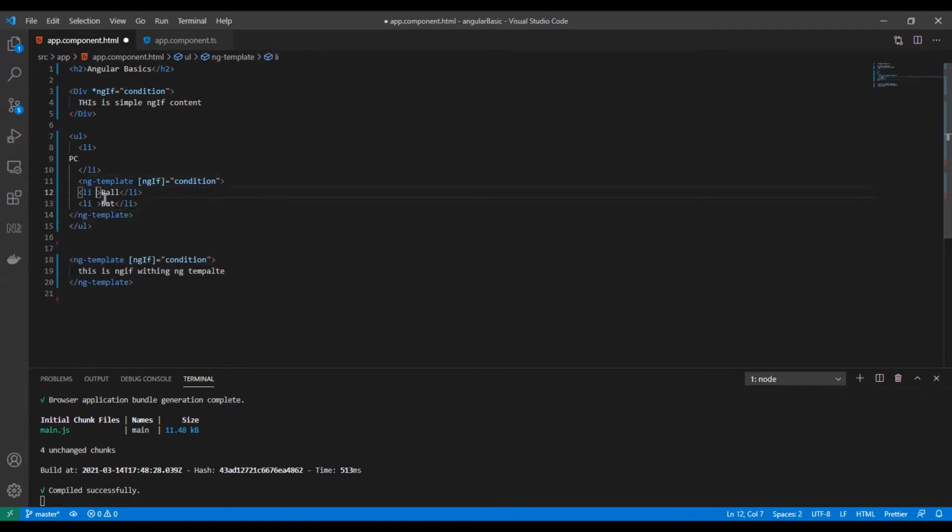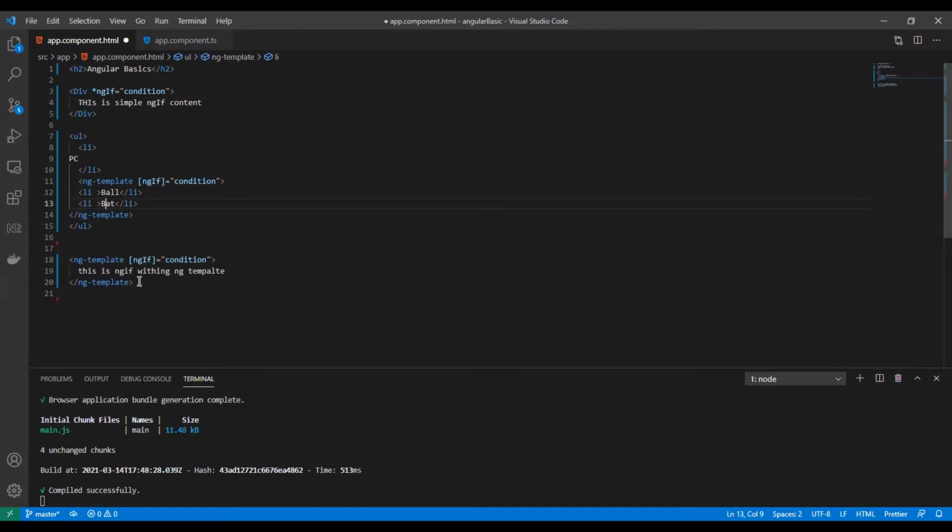Since these li2 items did not have a common parent that would control their appearance in one go, we had to have two ngIf directives with the asterisk sign. Now we put them inside an ng-template. As I said, ng-template itself is not rendered in the browser. It's just an Angular element, a wrapper within which we have some DOM content, some